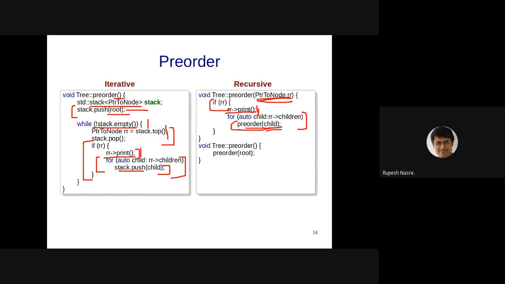Alternatively, can we use a queue here? Any suggestions? Instead of a stack, if I say that I'm going to use a queue, will that be okay? Anish says it will be breadth first. Abhishek says no. Mayank says no. Madhur says no. Why is that? Because I want children in left to right order. So a queue will suffice nicely for that purpose. So why will that not be a good idea?